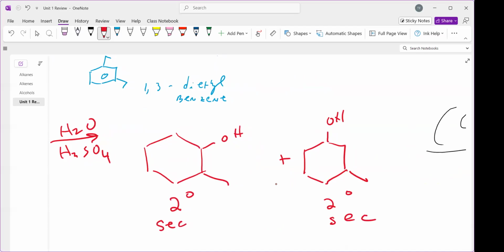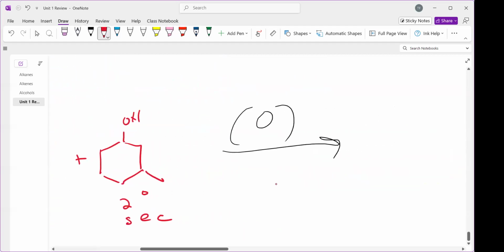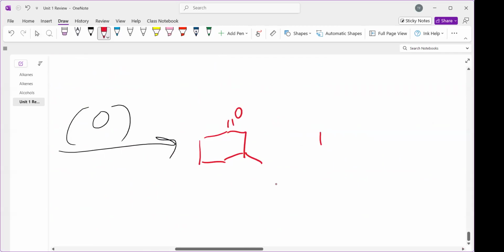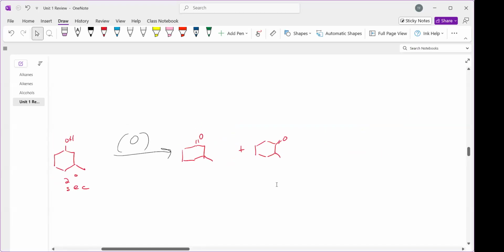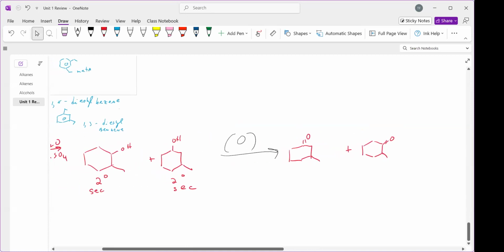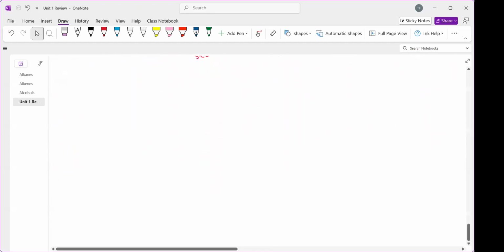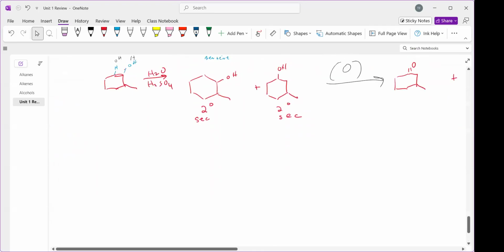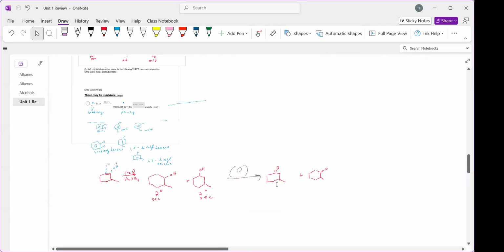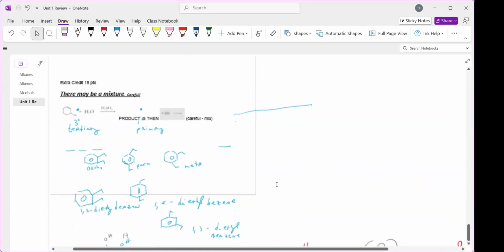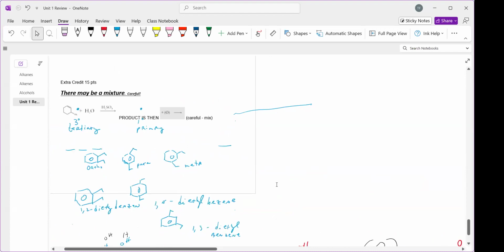Okay, so a secondary alcohol forms a ketone. Okay, so that's the mixture you get. I get a cyclic ketone. Oxidized secondary alcohol. Now with this test, last one was